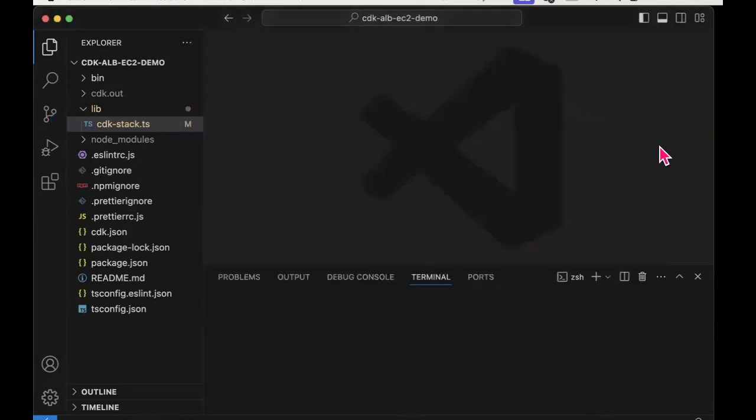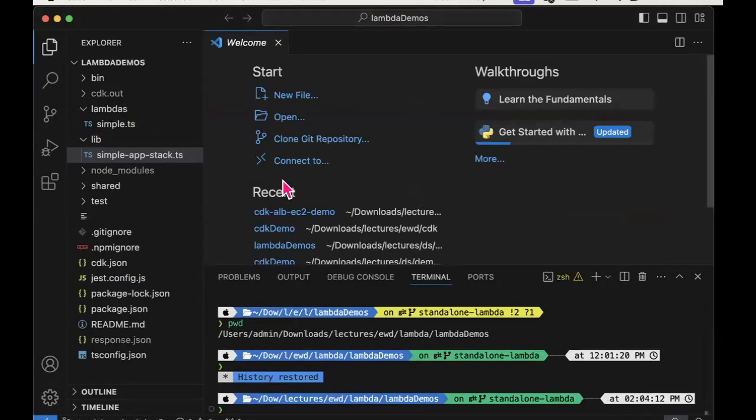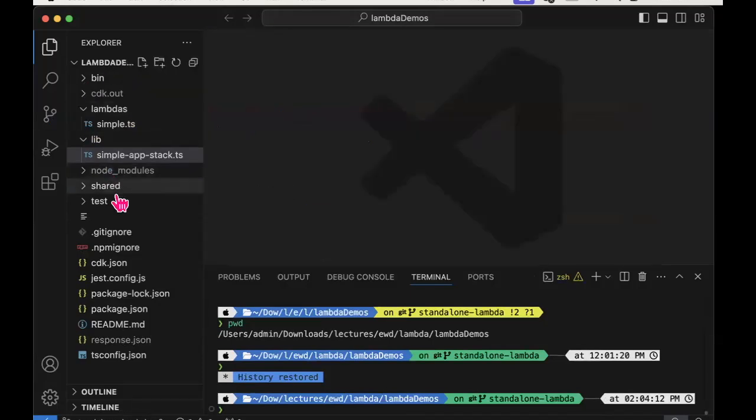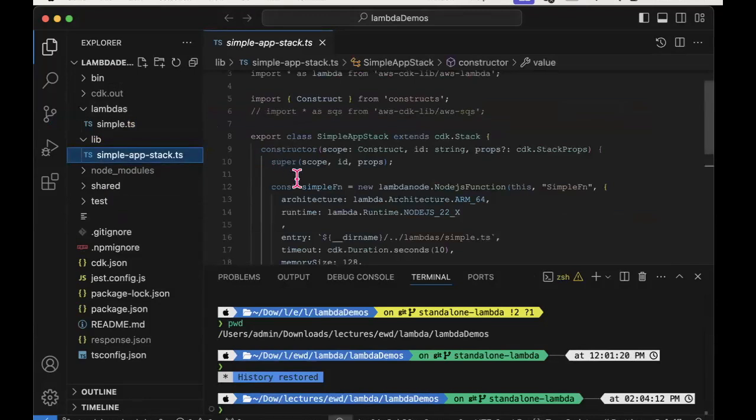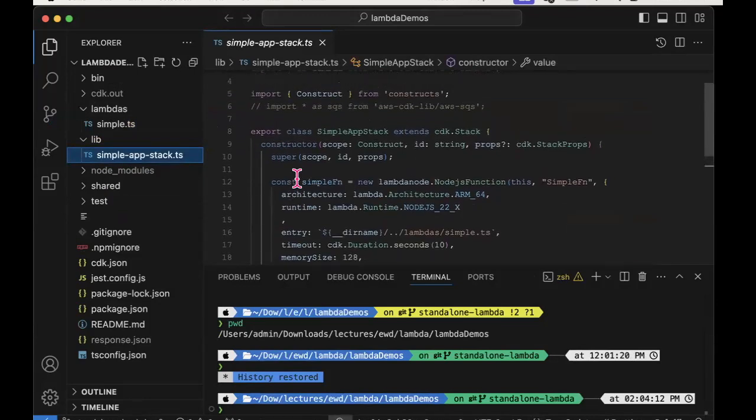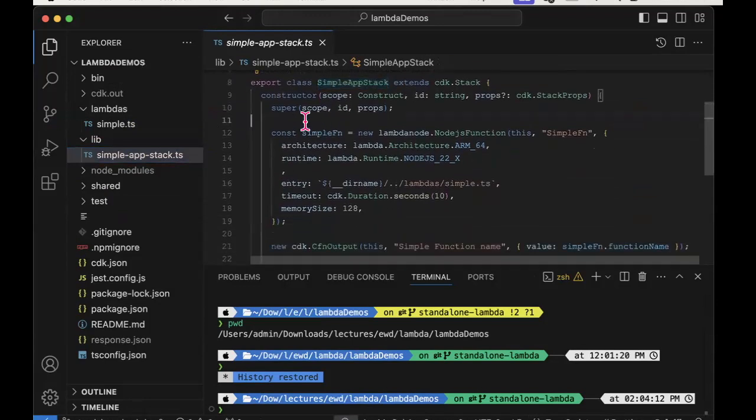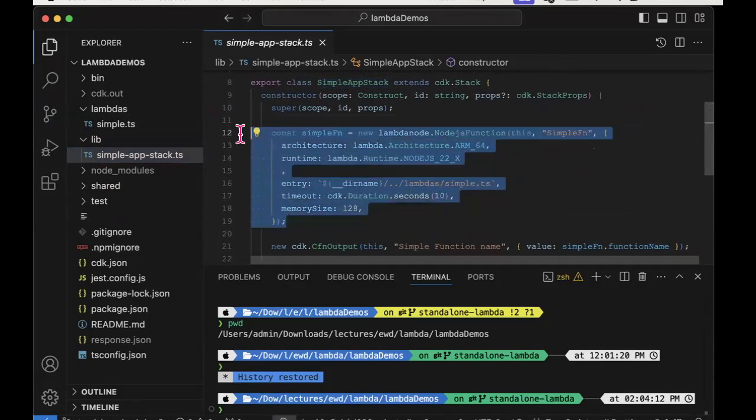And now we're back to CDK again. This is a CDK project. Here's my CDK stack, and here we go again. This is how we request the provisioning of a Lambda function. Provisioning here simply means that we want to upload the Lambda function itself, and it's just going to sit there.